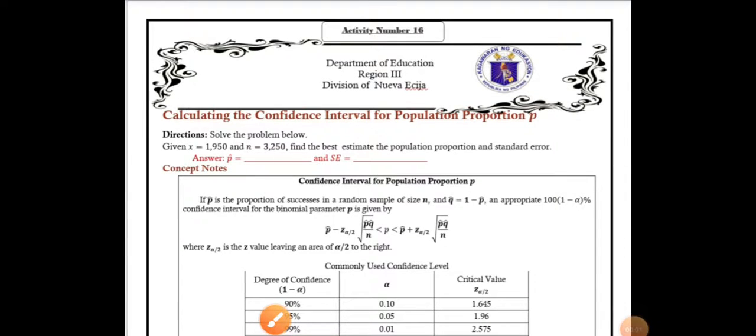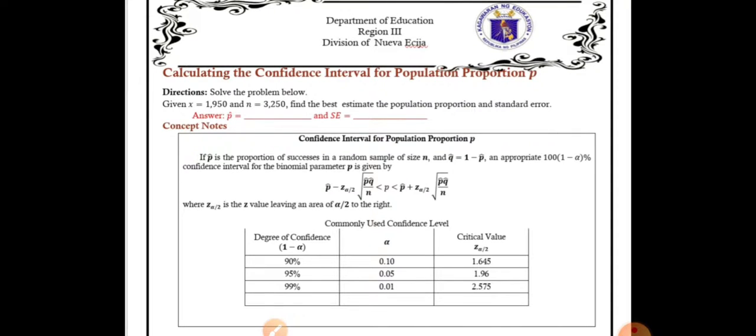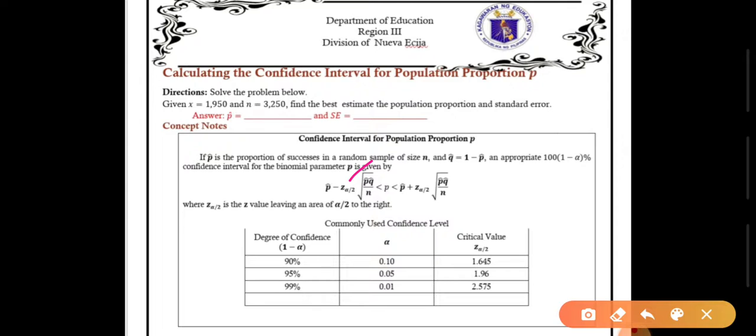Calculating the confidence interval for population proportion P. If P hat is the proportion of successes in a random sample of size n, and Q hat is equal to 1 minus P hat, an appropriate 100 times (1 minus alpha) percent confidence interval for the binomial parameter P is given by P hat minus Z sub alpha over 2 times the square root of P hat times Q hat divided by n, less than P, less than P hat plus Z sub